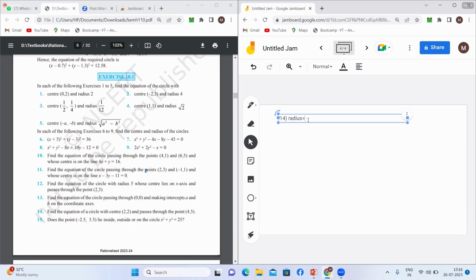रेडियस इज इक्वल टू दोनों पॉइंट के बीच का डिस्टेंस, वो अपने को फॉर्मूला पता है डिस्टेंस का, √((x2 - x1)² + (y2 - y1)²)। सो (4 - 2)² + (5 - 2)², 4 माइनस 2 का स्क्वायर 4, 5 माइनस 2 यानी 3 का स्क्वायर 9, 4 प्लस 9 का अंडर रूट। 4 प्लस 9 का अंडर रूट मतलब कितना हो जाएगा? ये हो जाएगा मेरा अंडर रूट 13, ठीक है। तो ये हो जाएगा मेरा रेडियस। तो मैंने रेडियस निकाल लिया।